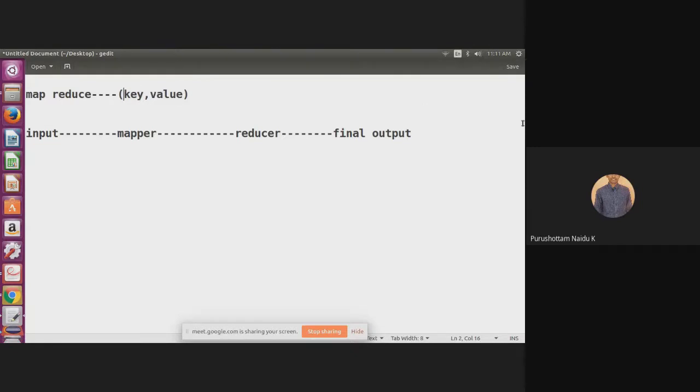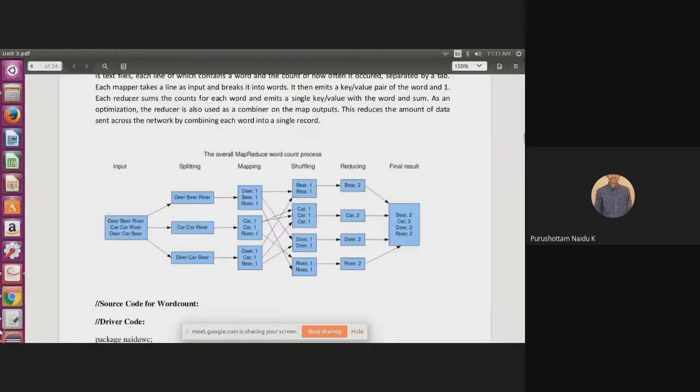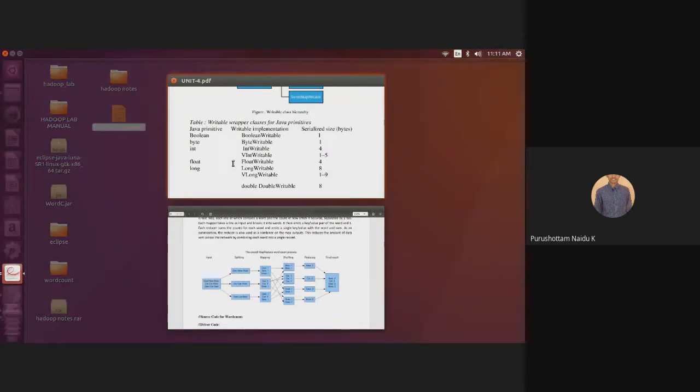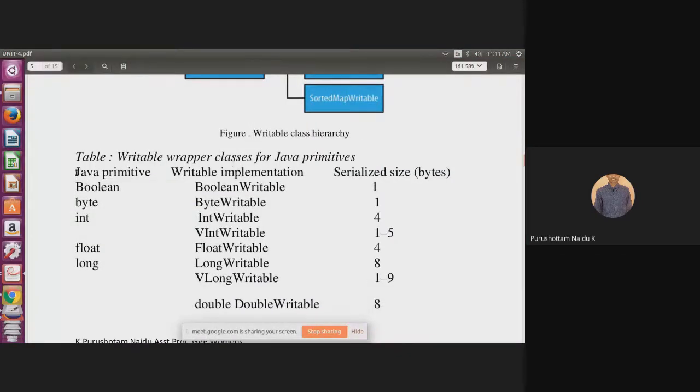Now, in a similar way, the data types we use in Java, the similar data types we also use in the MapReduce programming model, but with little modification. Let's see, for example, in Java the primitive data type is called Boolean.